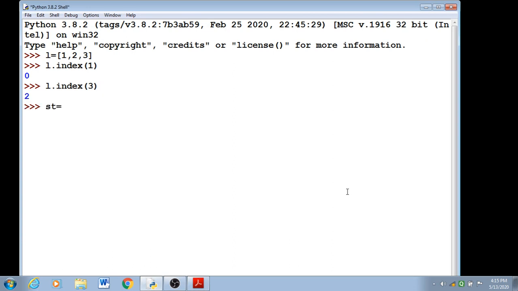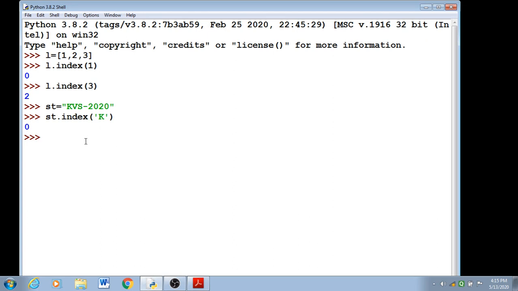String. First element, let's see, index 0. Last element's index: how many characters are there? 1, 2, 3, 4, 5, 6, 7, 8.